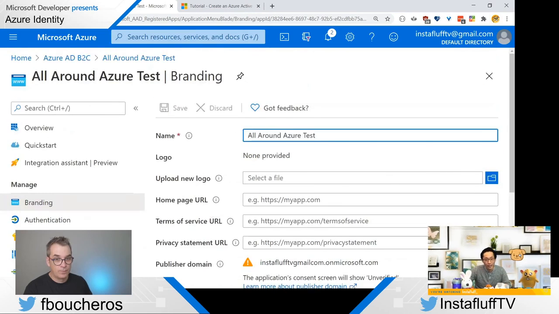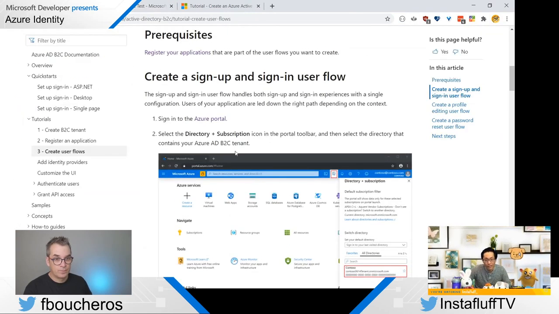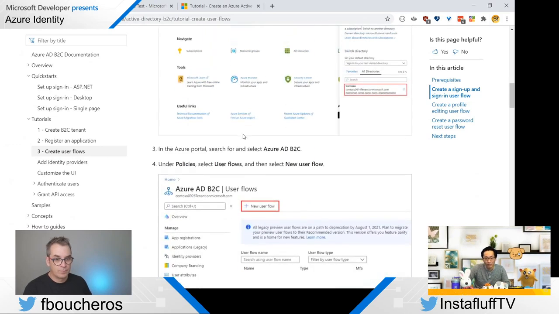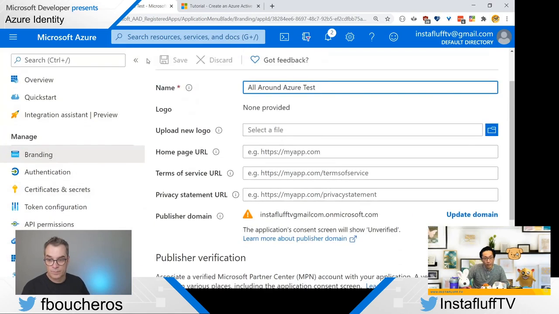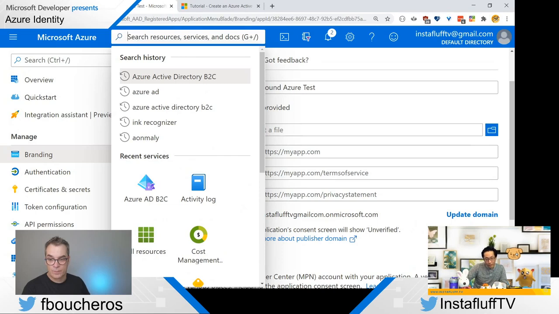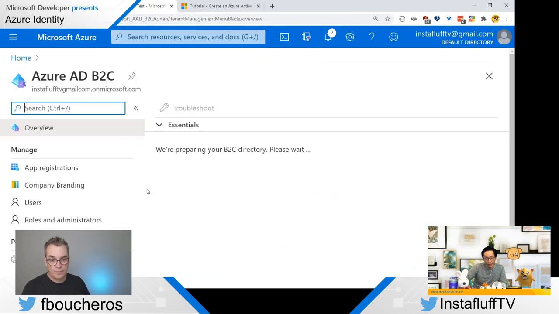And then now we need to find the user flow. So we have to select the directory plus subscription icon, and then we have to go to policies, and I think that's it. So let's see, I think I have to go to all resources. Oh, I think it's this.